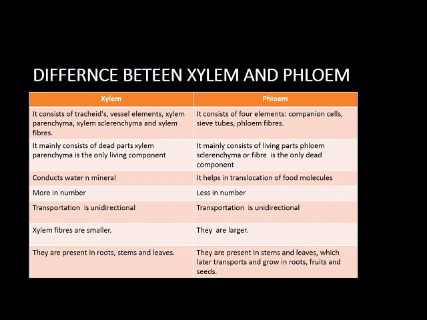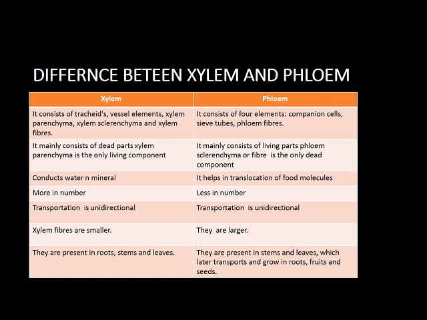Okay. Xylem helps in the conduction of water and minerals, whereas phloem helps in the translocation of food molecules. Xylem, they are more in number. Now, why are they more in number, children? Because a plant has to do the process of transpiration all the time. That means continuously there has to be a supply of water to different parts of the plant, otherwise the plant will wilt, है ना? So phloem, they are less in number because food is not required all the time, right? Like how you all are eating all the time, the plant doesn't eat all the time. If they eat all the time, then no food will be left for us, right?